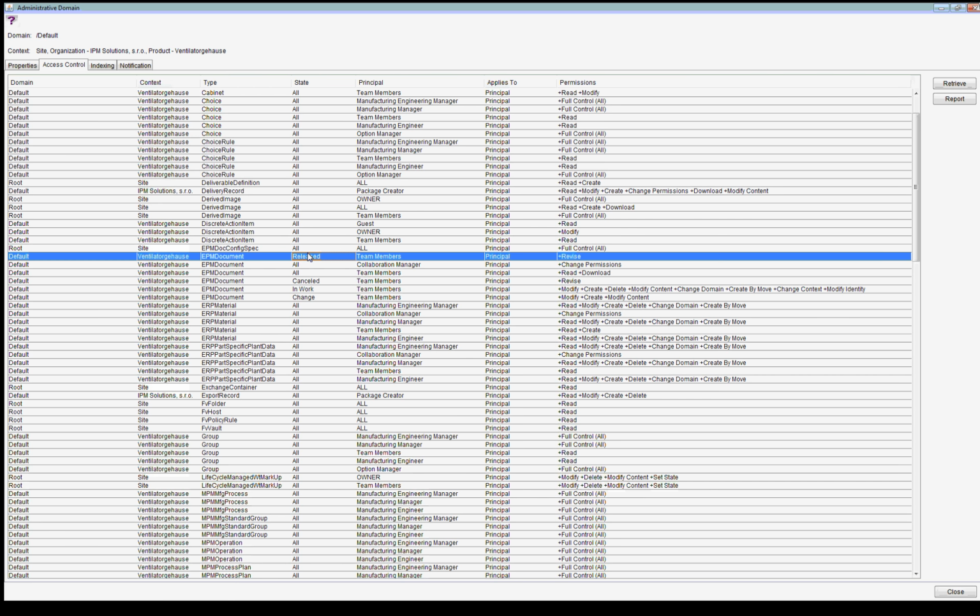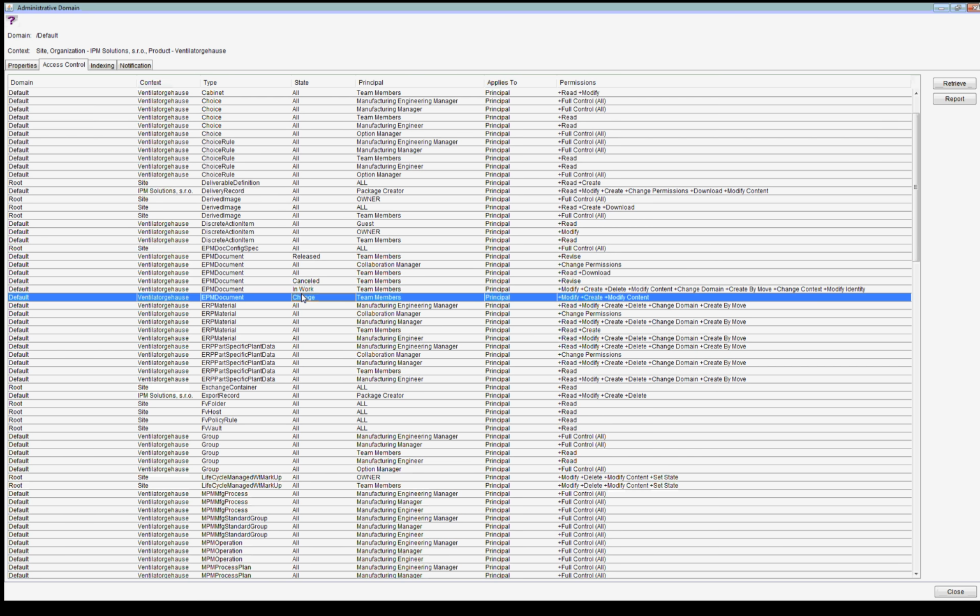So if I want to see the access control for my product, I can order the objects by type, and there I can see that for... quickly change the column width, and I can see that for EPM documents in an in-work state, the team members, so these are all team members which are included in the team page, they can modify, create, delete, modify content of the object